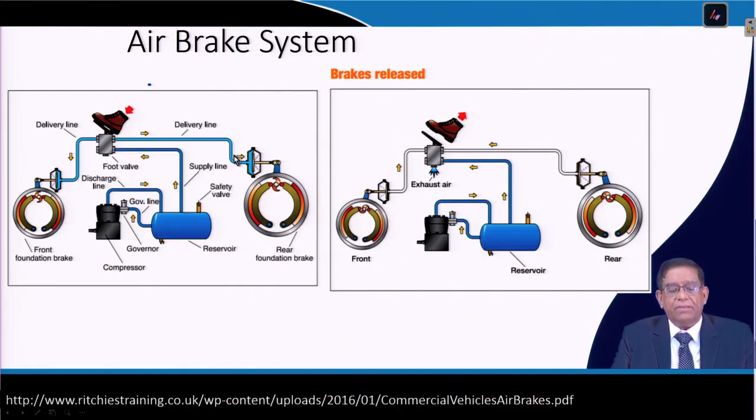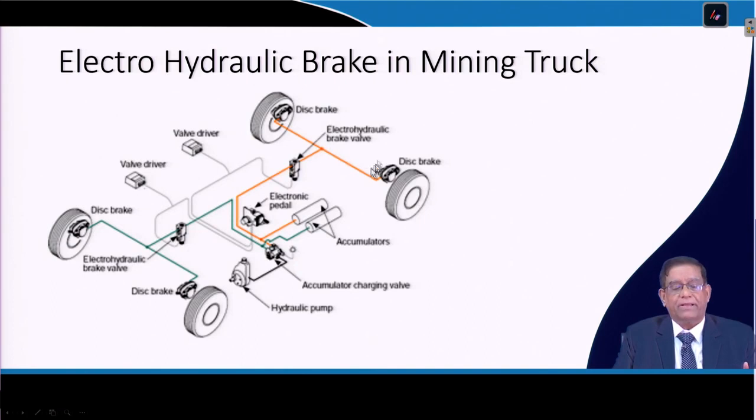And then sometimes in a parking brake, at the back of it there is another device, spring loaded, which you make to work so that when the machine is not running, a parking brake is mechanically applied, so that even if you are on a slope, the machine should not move. When the brake is released, you can see the wheel is free to rotate. When the brake is engaged, there is no free space and the wheel is stopped. So this is how a brake works.